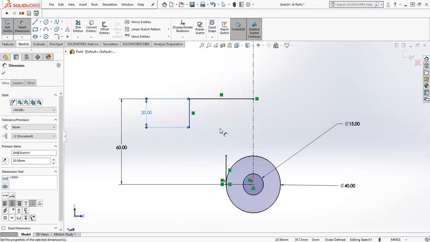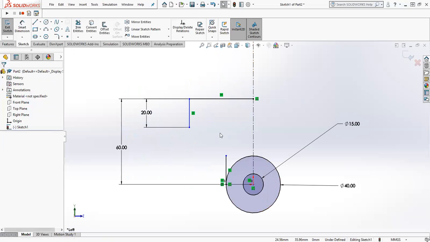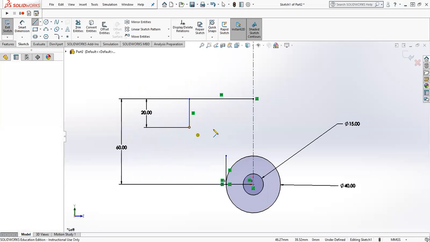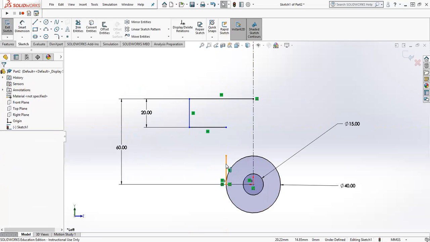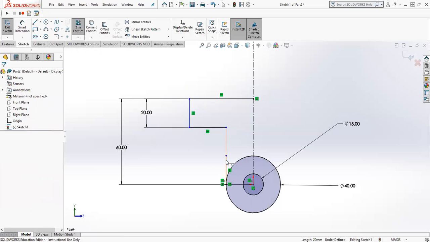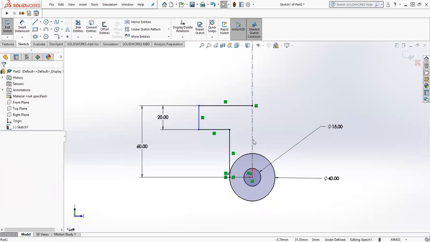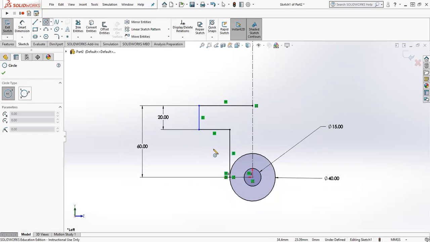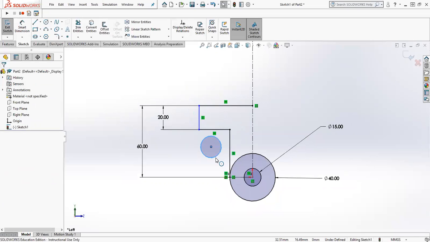All right. And then we will draw another line. Okay. And I'm going to extend this line up. So go to down arrow under trim, extend entity, and then hover over it and click. There we go. Escape. Okay, and then we are going to add this circle right here. So let's click the center diameter circle. I'm just going to draw a circle here, escape,